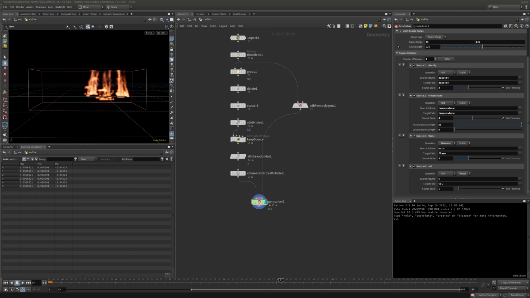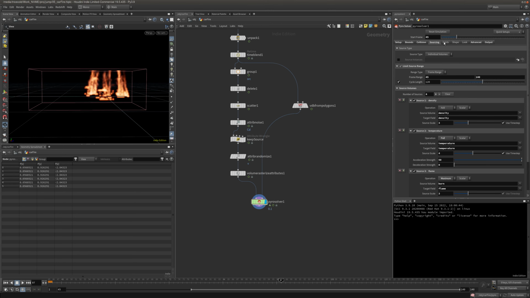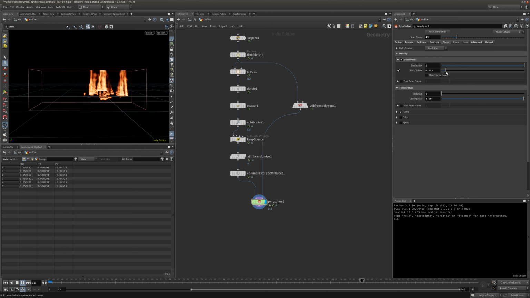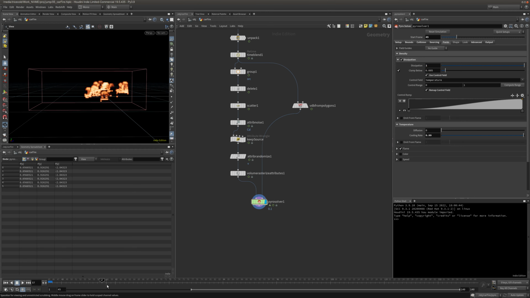But let's keep playing with the settings. So let's go to fields. So I'd like a really fast dissipation for this one. It's like a strong fire. Okay. And cooling rate, probably something high as well. Okay. And we don't need to do any of those. Can we put more? Maybe control fields. Can we make it shorter? Okay,